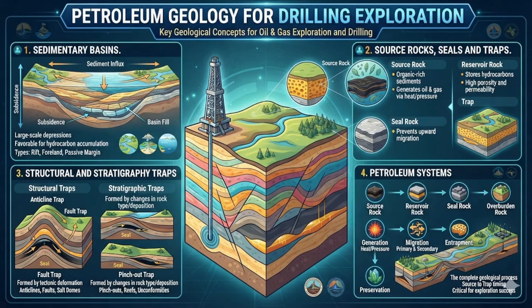Now let's look at the structural and the stratigraphic traps. And I think we have already looked at these types of traps in module 2 when we were looking at the source rock and traps. But now I think everything is being repeated. Yeah. The types of stratigraphic, we have the pinch out, unconformity, the reef trap. But let's look at the comparison of structural and stratigraphic traps. Let's look in terms of